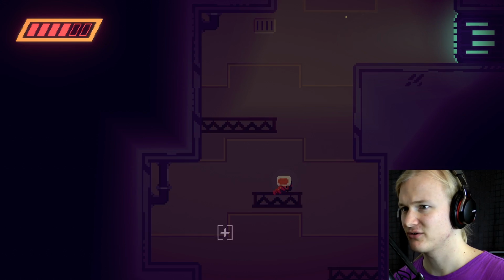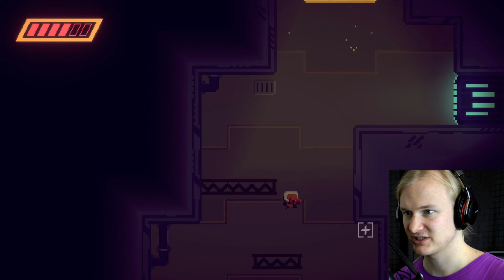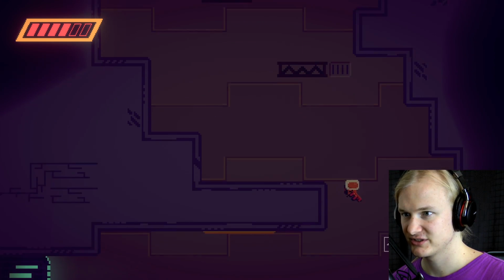Of course, you can have some shooting enemies as well. That is of course a good way to increase the difficulty as well. But I don't know how I would feel about bullet hell stuff in here. We'll see. I'm intrigued, especially also by the story. The little figure we saw walking down there.